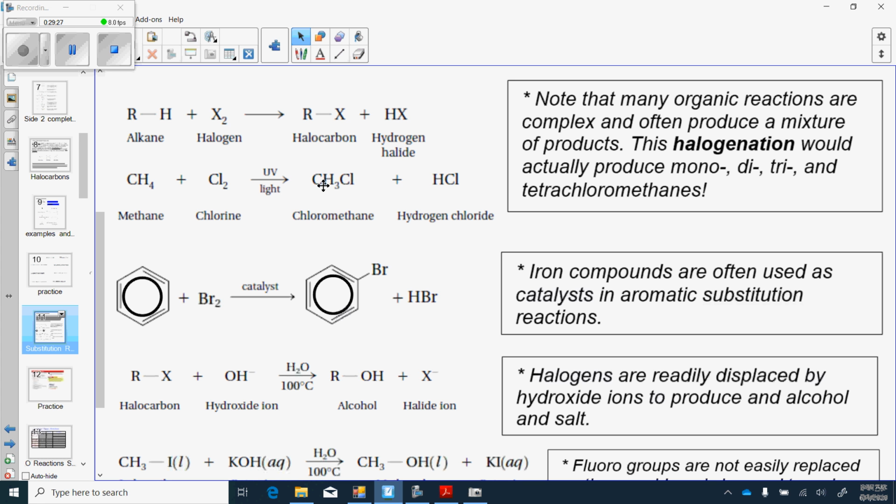If you had more than one carbon, you might have more than one chlorine being substituted in, just like basketball. You might put one person on the floor at a time. You might put 3 new people on the floor at a time. So we'll talk a little more about that. I wanted to